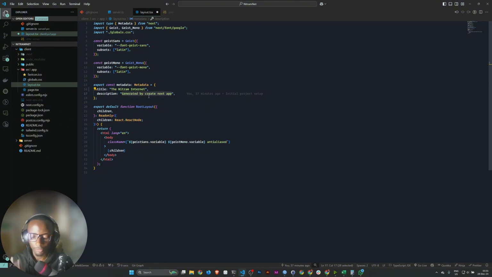The description: local management portal for the Nitram Internet local ISP